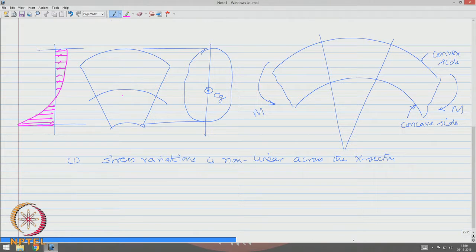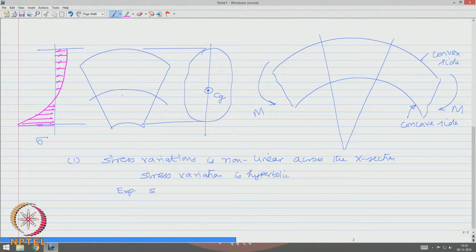It is interesting to note that the stress variation is hyperbolic, and